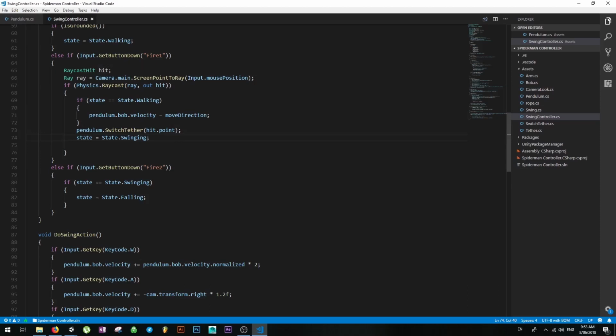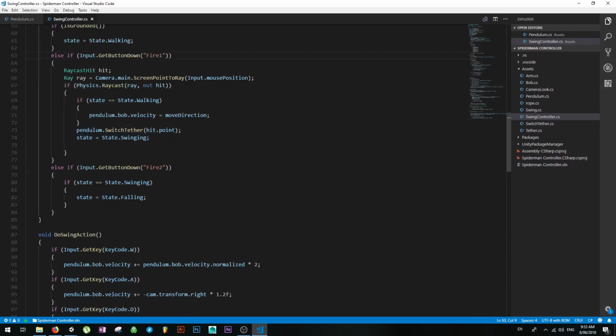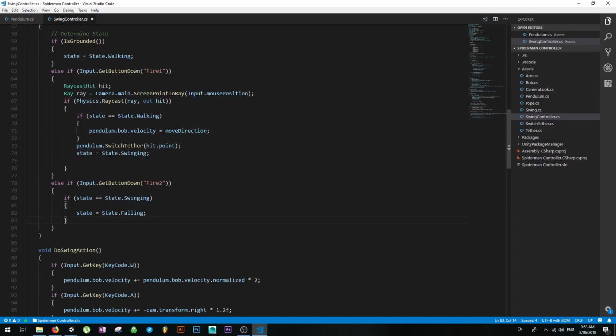But yeah, in a nutshell, if we press left click, then we're going to start swinging as long as we've hit something. If neither of those conditions are met and we've pressed right click, so we want to detach from something, then we're going to transition into a falling state as long as we were swinging. So it's a little bit complicated, but this state machine